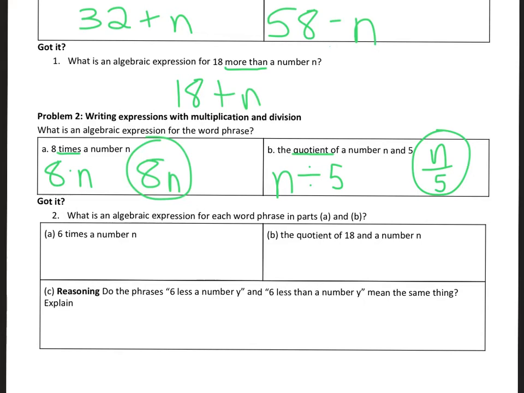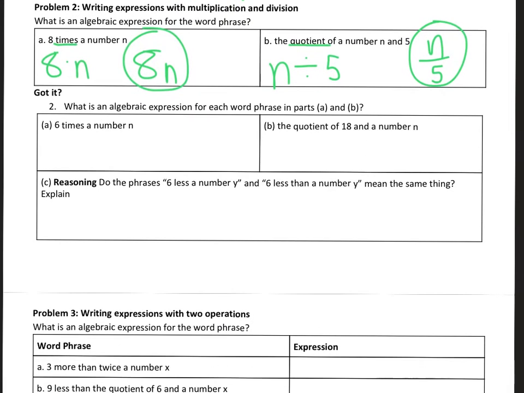So, again, take a minute, pause the video, and then I'll explain got it number 2, okay? All right, so for got it number 2, same idea. We hear 6 times a number n. I'm just going to write that as 6n. With the multiplication, we've got to be careful sometimes. I'm not always going to say times and give it away that easily. You're going to hear terms like